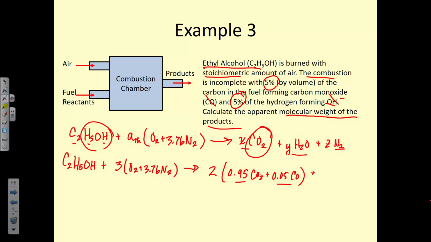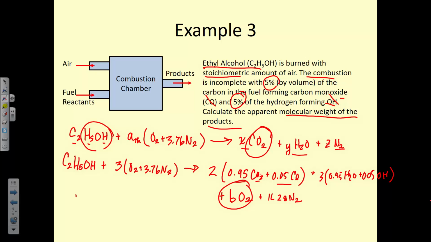Then with this Y term, it stays the same, but now we have 0.95 H2O plus 0.05 OH. Plus, we're going to have some unknown quantity of oxygen freed up because they're breaking apart from the carbon dioxide in the water. Plus 11.28 times nitrogen. So now we just need to determine this B component, which if we look on this